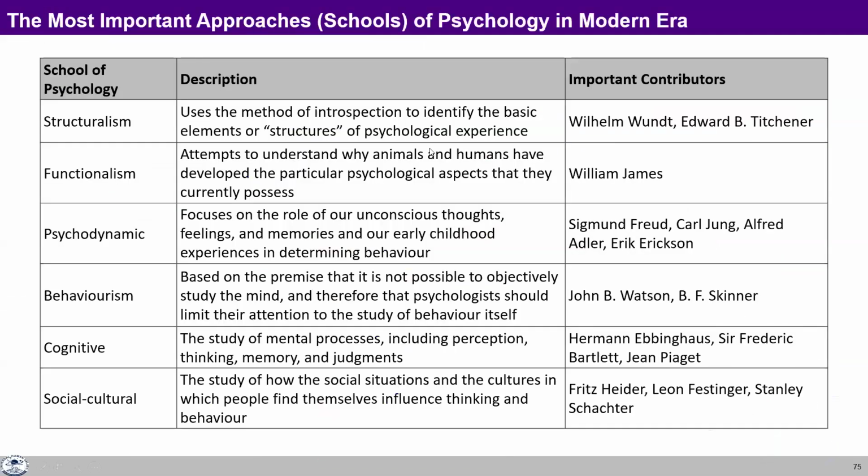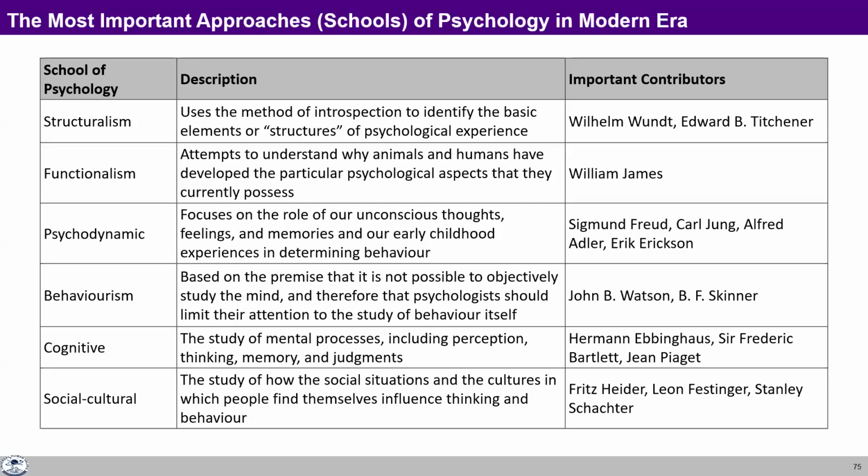Now, having a clear view of the full human potential of the self and the program to go ahead, now we can look at various approaches in psychology. So primarily, if you see, there are 6 schools giving 6 different approaches. So one is structuralism. The approach that has been used here is to make structures of psychological experience. So it uses the method of introspection to identify the basic elements or structures of psychological experience. And this was the first school of psychology that came up as a science, and Wilhelm Wundt developed his lab in 1879 and started experimenting.